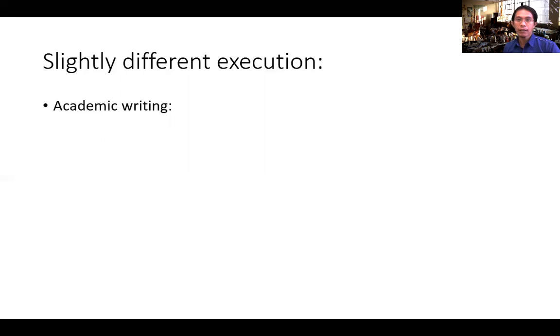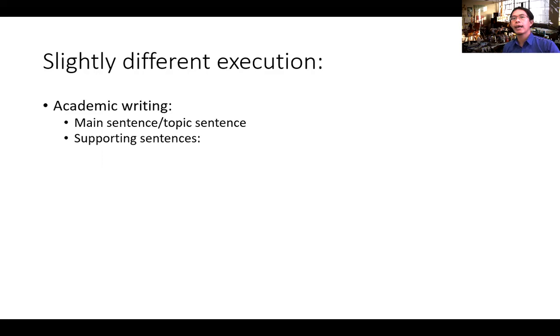In academic writing, a paragraph consists of two parts, the main sentence and the supporting sentences, right? And the supporting sentences, they usually have the elaboration, they also have the evidence or support, and then there's also explanation of the evidence. And sometimes it is a must to close a paragraph, to conclude a paragraph with a conclusion. That's the common idea of a paragraph in academic writing.